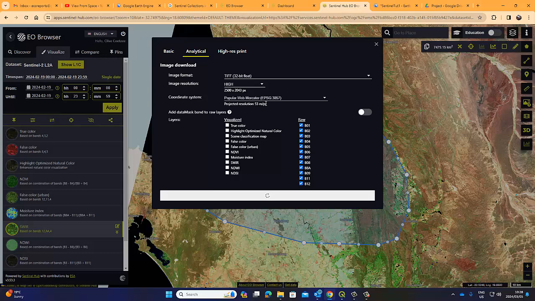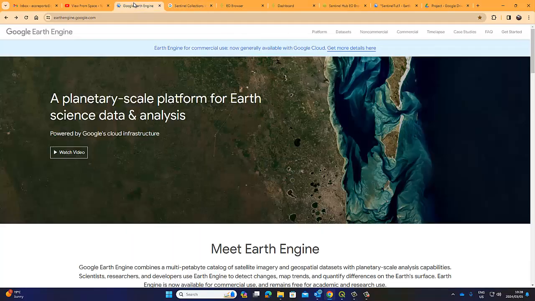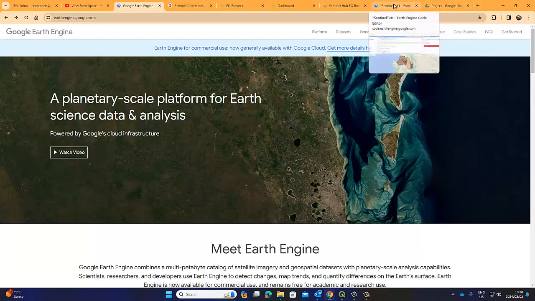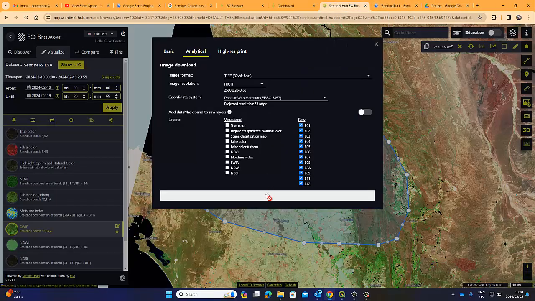Obviously, there's other options available as well. Now, the trusted old Google Earth Engine is option number 2. Before we go to that, let me quickly go back while it's generating itself for download, and it will give us notice that we can download it now. Obviously, once we've downloaded, we're going to open it in